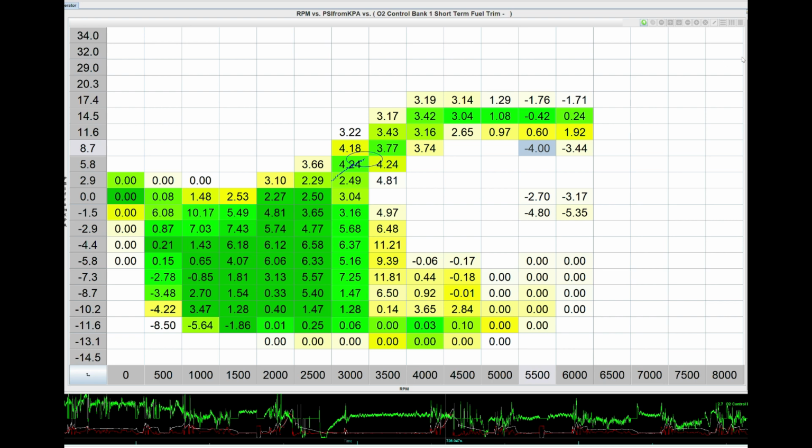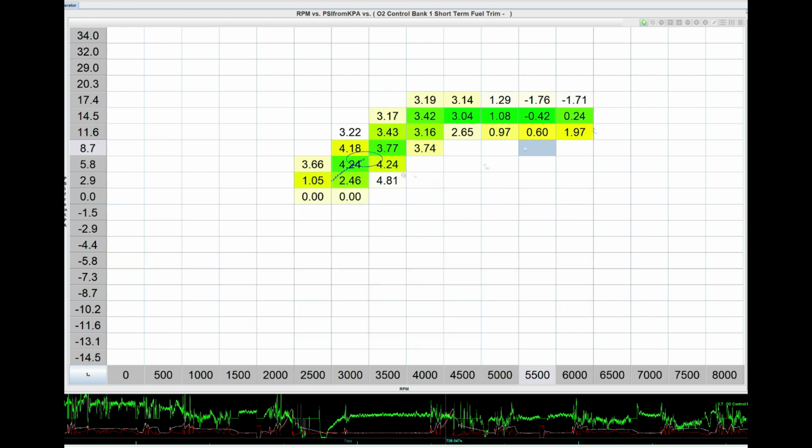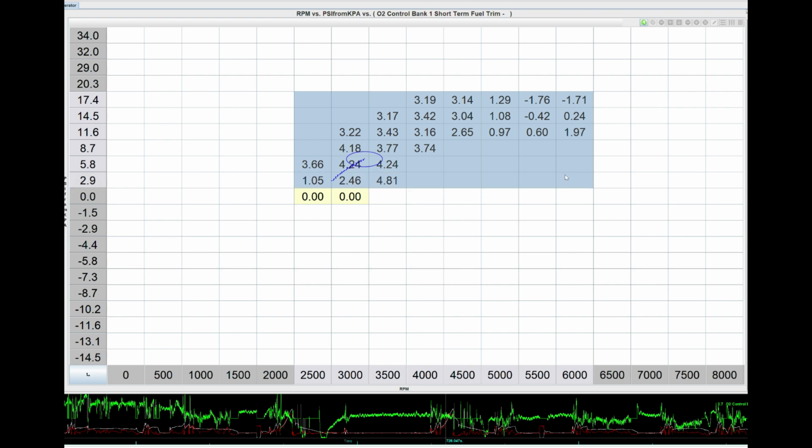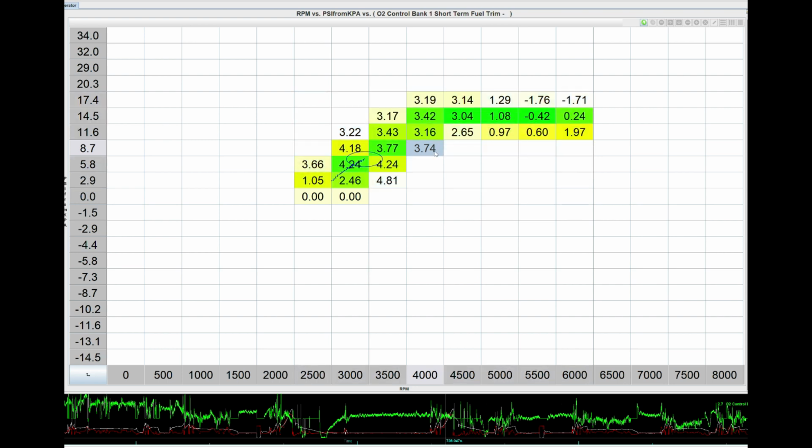Looks pretty good. And when we filter things just for wide open throttle, we can see right here, this is the stuff we did in wide open throttle. And so really very, very nice, just staying right there within our desirable plus or minus 5% of short-term